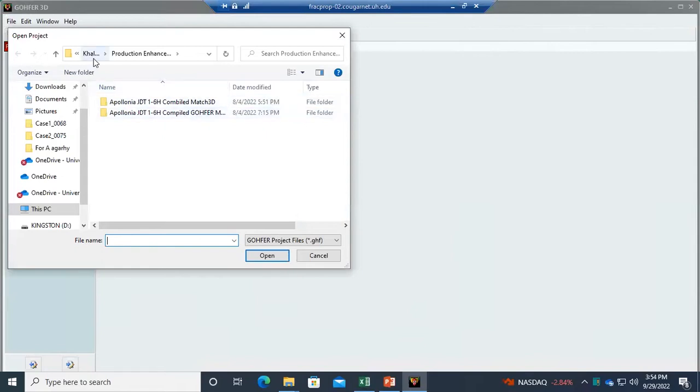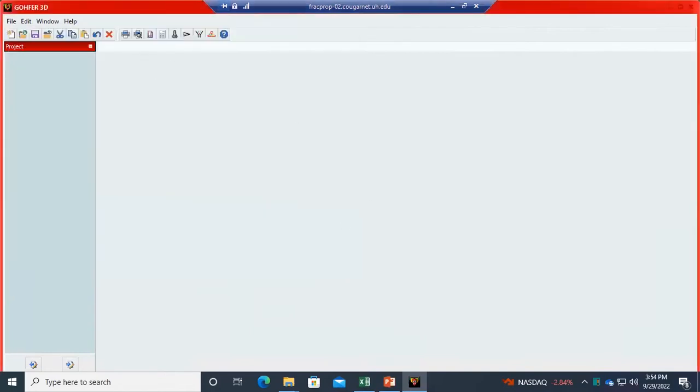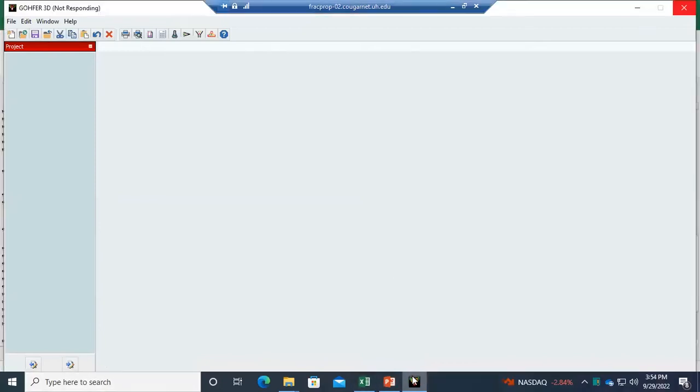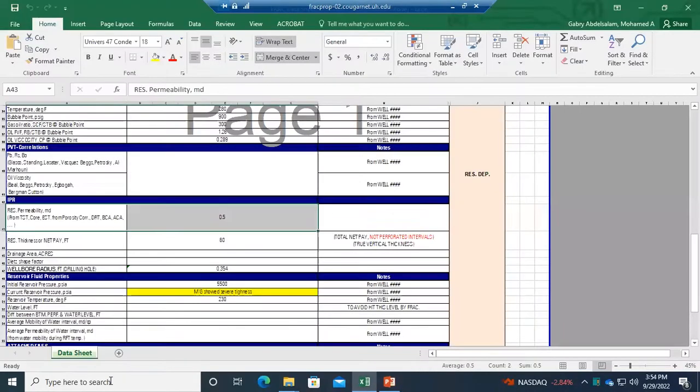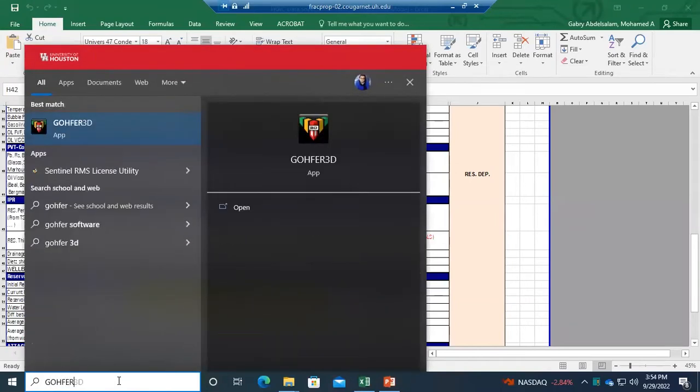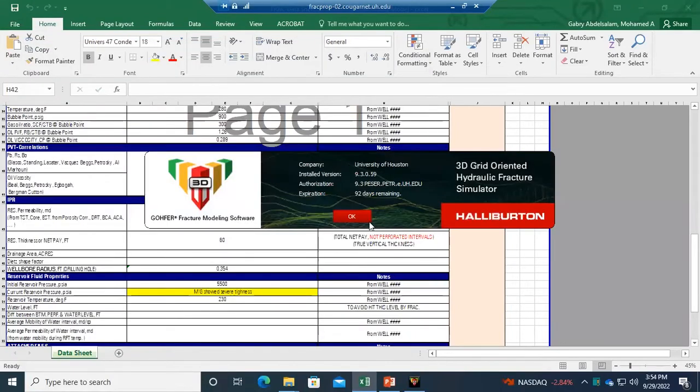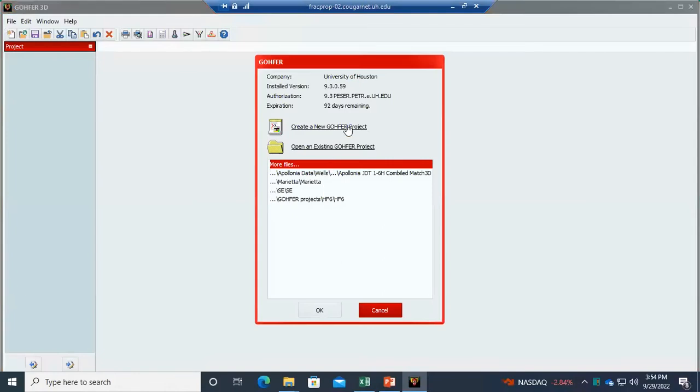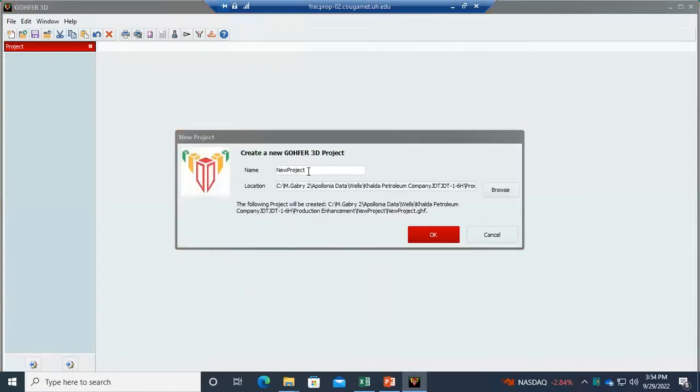select the GOHFER project that you already created. If you didn't create any GOHFER model before, you need to select the new GOHFER project, and let's create our project,